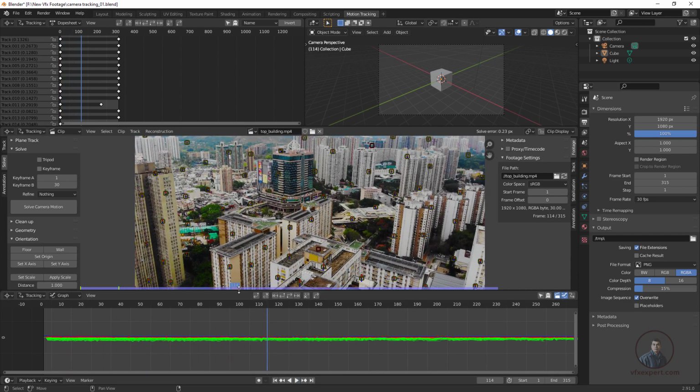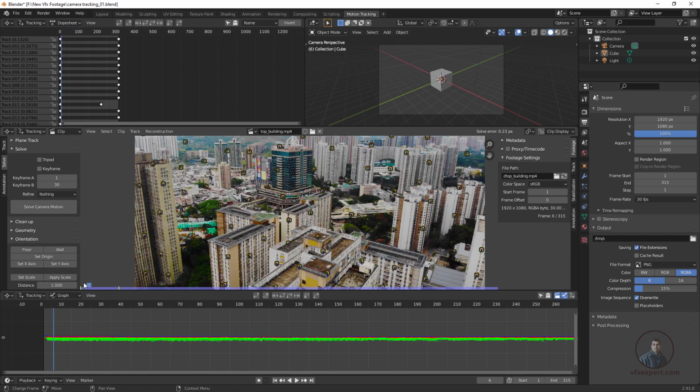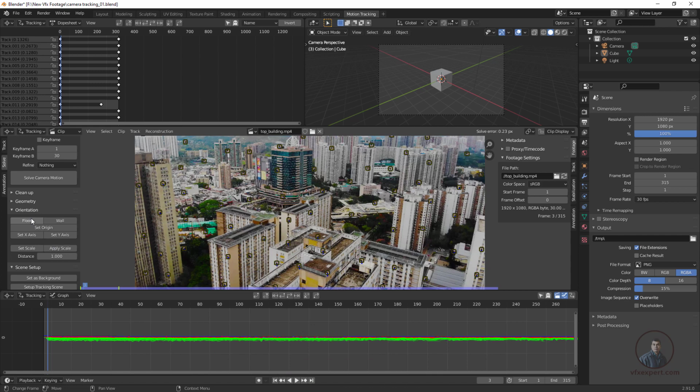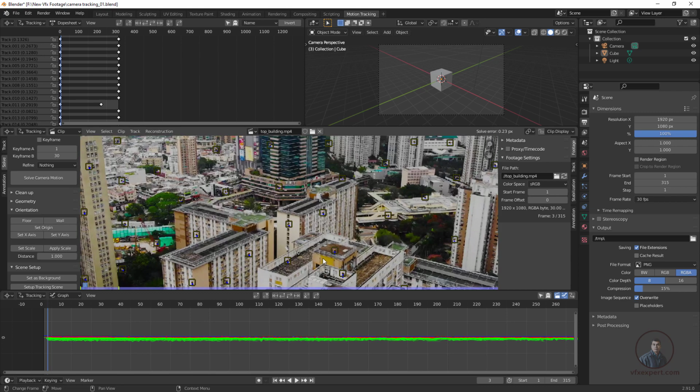After this we have to define our origin, and create our scene for placing our 3D object. Downside, in the same camera solve options here, this is our floor, meaning the ground plane, and this is our origin. Just select any point which you want to define as an origin. I have selected this one and simply click on set origin here.